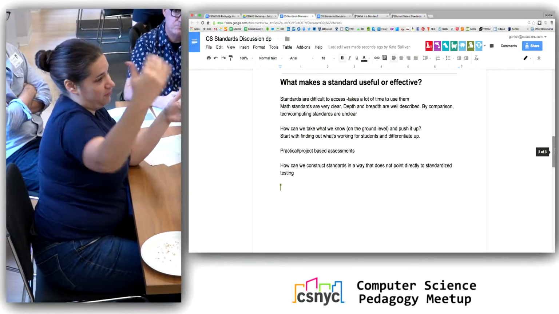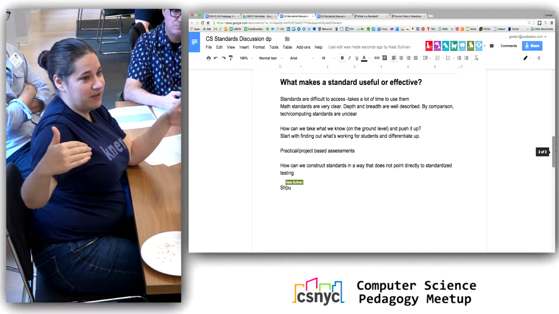They have that. And so I think one of the things that our job is, and I'm so glad Gordon's organizing this workshop, is to help you see exemplars of that, so that you start to have, and I know there are college faculty in the room who are sitting here nodding their heads very strongly, help you see exemplars of that and rubrics, right? Should the standard be that specific, or should we let the standard be more broad so that people can implement it with robots, with Scratch, with Alice, with Code.org stuff, with whatever they're using, and then provide exemplars and rubrics about how that meets the standard?